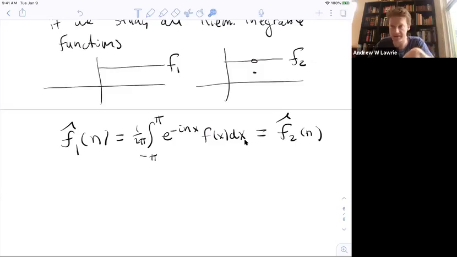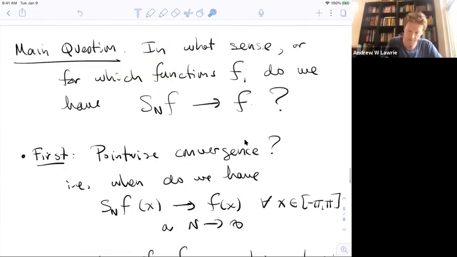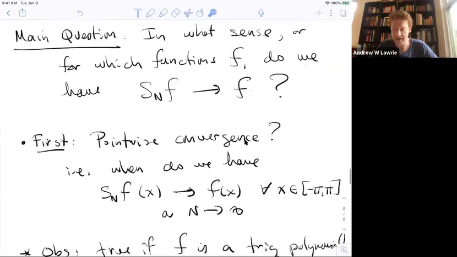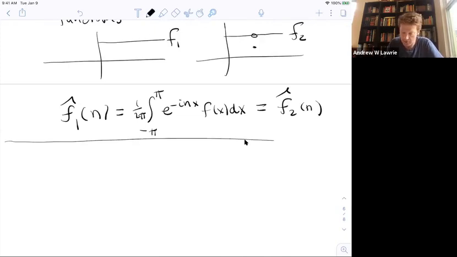Because this is kind of a silly example that we want to just dismiss. So really, when we're considering this question of pointwise convergence, we want to get rid of examples like that. And a natural thing to do is say, well, what about if I just restrict to continuous functions? So this is